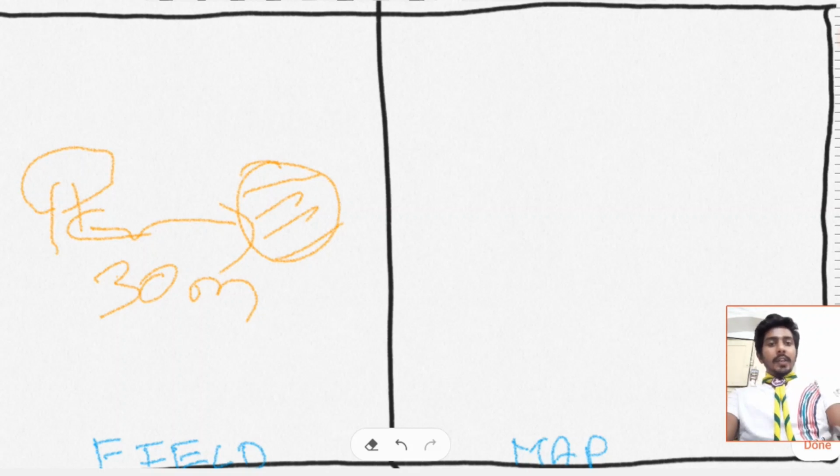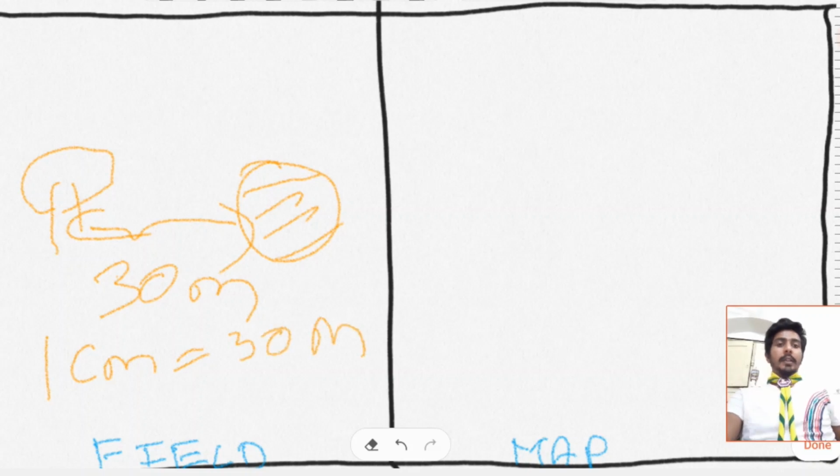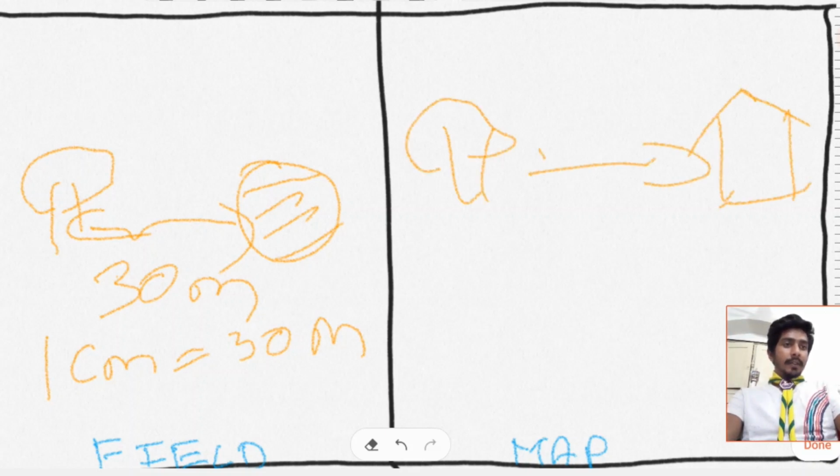Hence we use the scale of 1 centimeter is equal to 30 meters, which means that if we have another tree and a house with a distance of 90 meters, we can call it 3 centimeters.